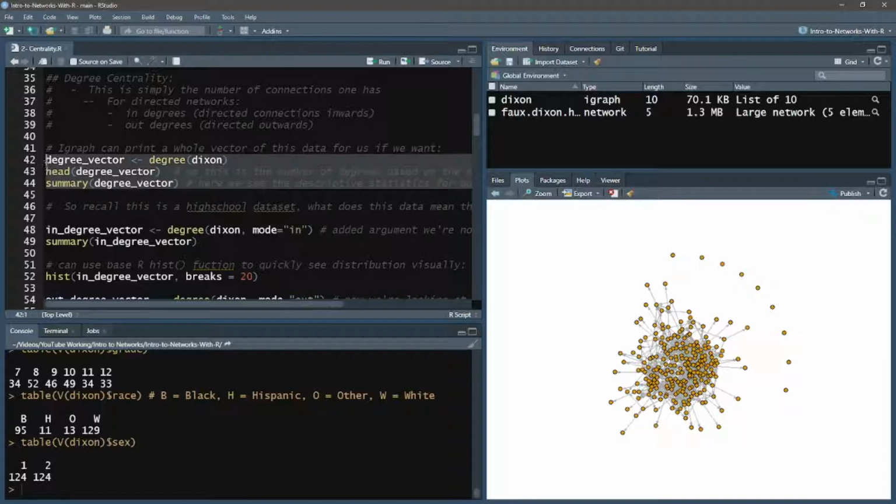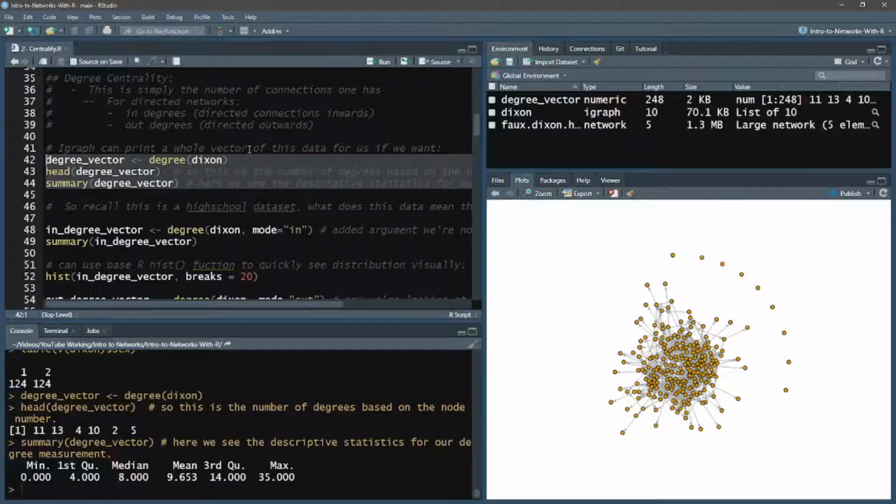If I just run this using the degree function, we can notice that we have that graph object now, the degree vector, as well as the degree score, the number of connections that everybody has, for every row in our data set. Using the head function, we can see the first 6 observations. And using summary, we can see all the summary statistics of the degree centrality measure.